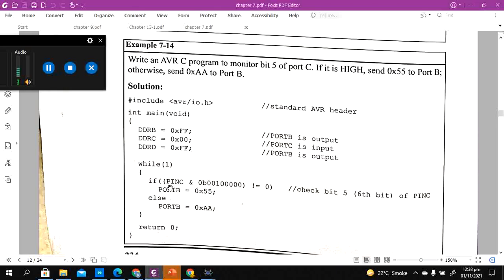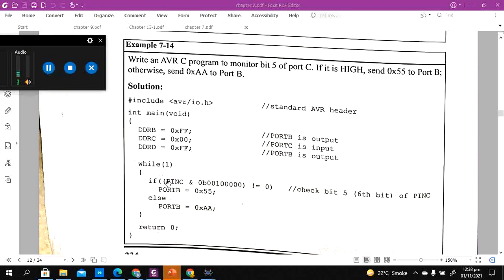So for pin C, we are masking this 5th pin, and we are looking for the logical answer. When this mask is applied with the 5th pin of pin C, what's the result? If the result satisfies this equation, this line is going to be executed. Otherwise this line is going to be executed.